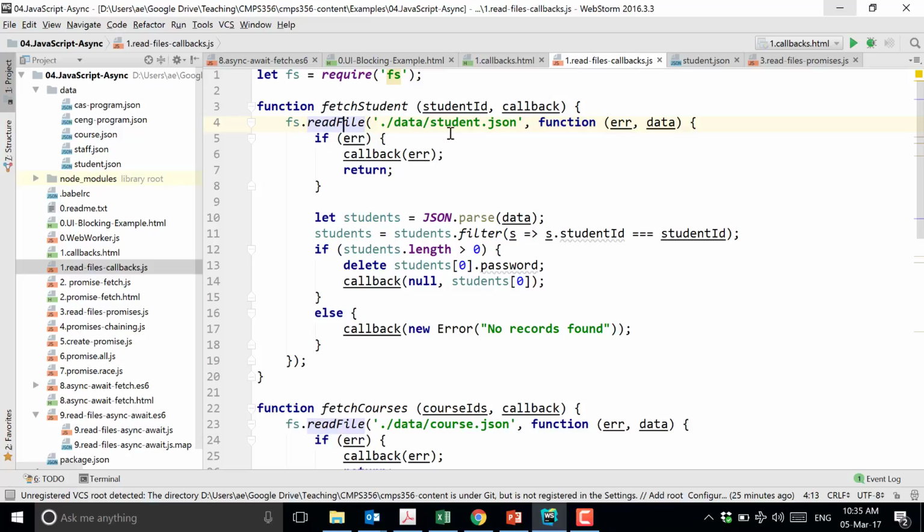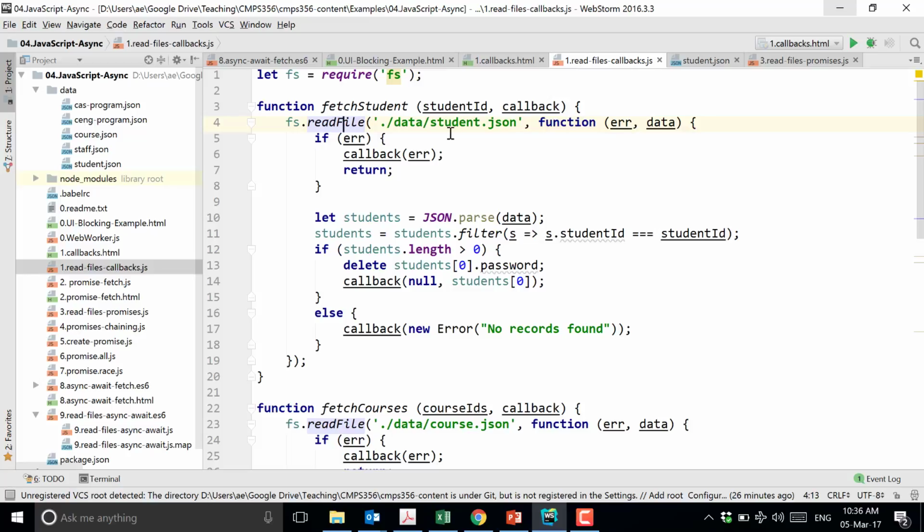No waiting. Exactly the same as your tailor experience. You give it the address, you give it the phone number, and you go. And then later on, that tailor, when they finish, will call you back. Exactly the same, no difference whatsoever. So the rest of the code is running during the reading part. When I do readFile, let's say I call this fetchStudent. When I call fetchStudent, I don't block. It keeps doing other tasks. When fetchStudent is finished, it will do whatever the callback is supposed to do.